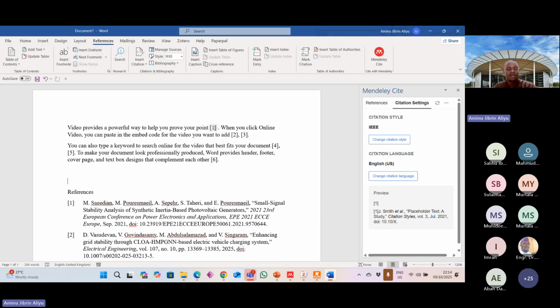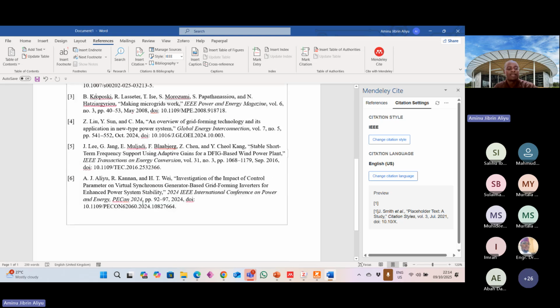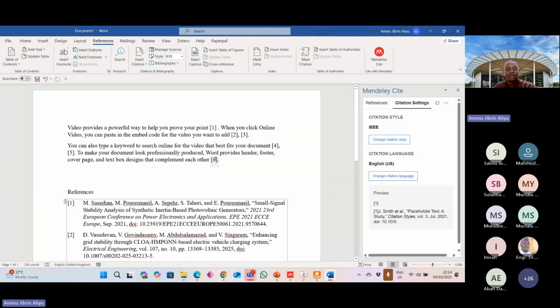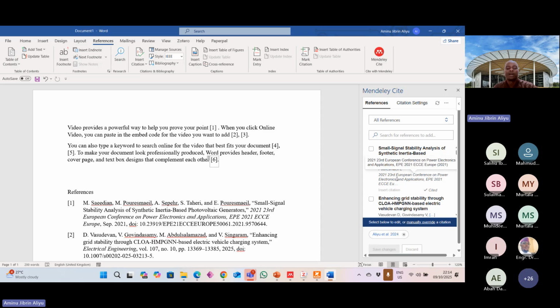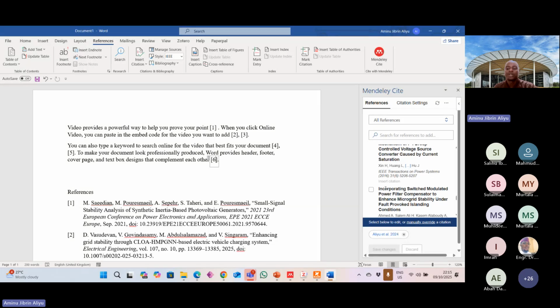So the first reference I added, the first citation I added, this is the corresponding reference. The second reference, this is the corresponding reference. The third citation, this is the corresponding reference. And if I choose to add another one, let's say, for example, I cited this particular source number 6. And I now found out that I need to cite 2 sources. All I need to do is I just click on cite number 6 and locate the other source. So if the other source is, let's say, this, and I now just